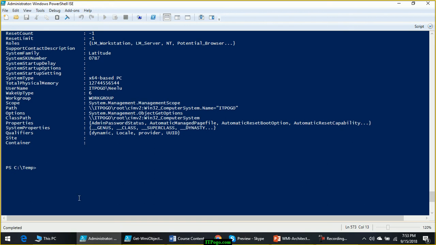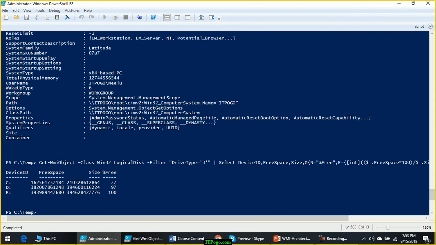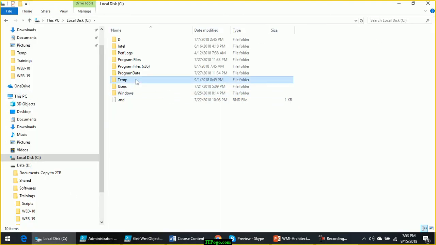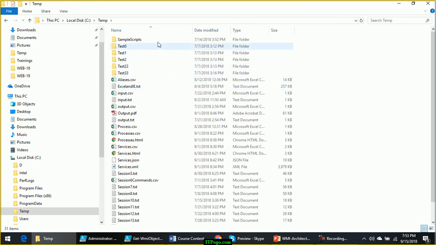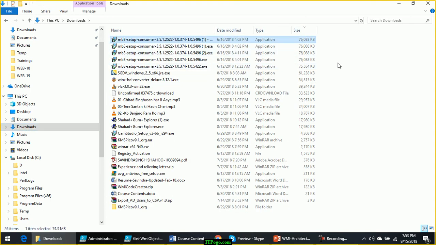Now let's go back to the previous example where we got the amount of free space and size. Let me do one thing here on C drive under temp. From downloads, by size, let me create a copy of this file.